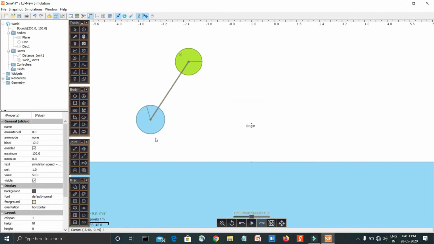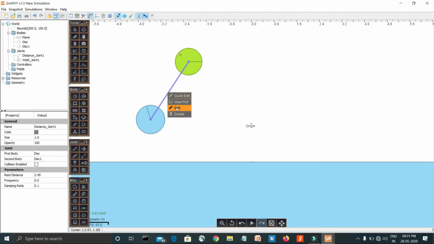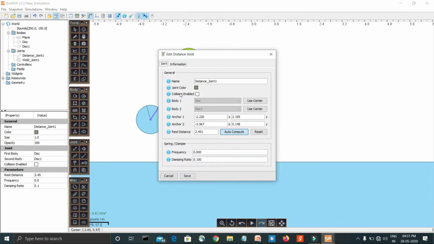Now I'll show you how it works like a spring damper. To see its properties, click on it and then right click and edit. And in edit you can see these general properties: name, joint color, collision enabled and so on. And here you will find the spring and damper option where you can set frequency and damping ratio.